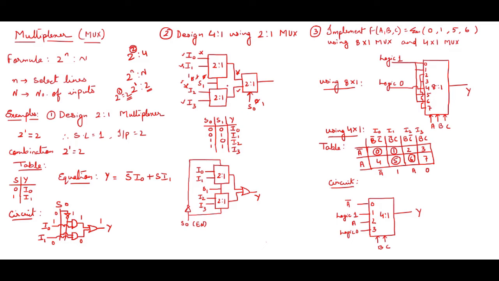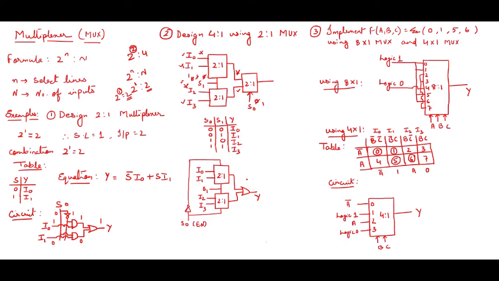Okay, now the same design I am doing using 2 is to 1 and 1 OR gate. You can see here 3 I have used 2 is to 1 mux, but here I am using 2. And one more point over here is that you can see S1 I have shorted to both the multiplexers, and we know in 2 is to 1 we need only one select line. So one select line over here, one over here, right?